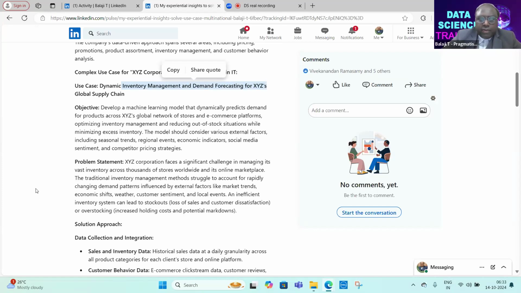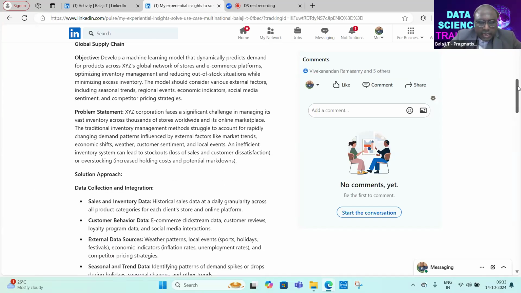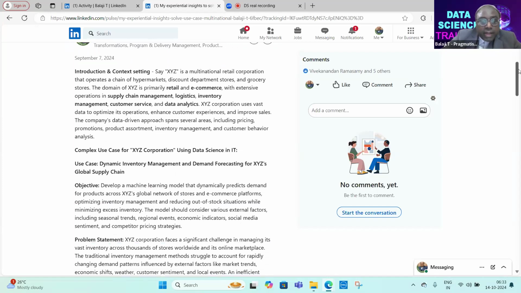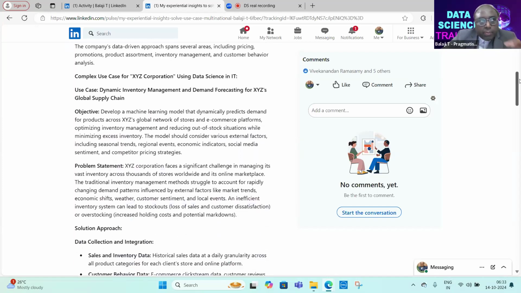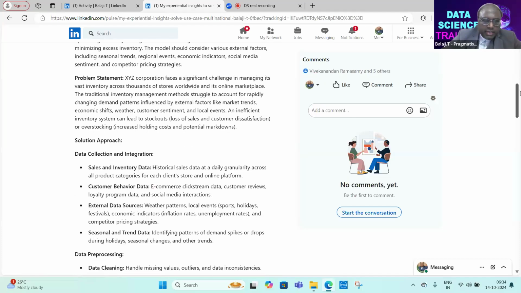It could be Amazon or Flipkart or whatever it is, global supply chain. Or even Cisco, whatever it is. I'm just giving you some closest examples. Now what am I trying to do? I am trying to see what is that effective demand management in terms of the inventory, and how do I need to project the thing for the future so that my sales will be taken care, right?